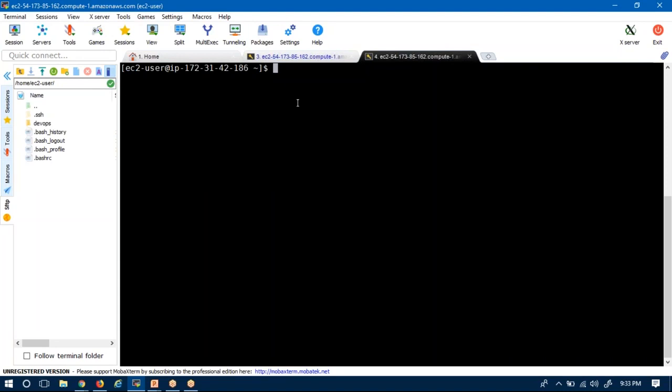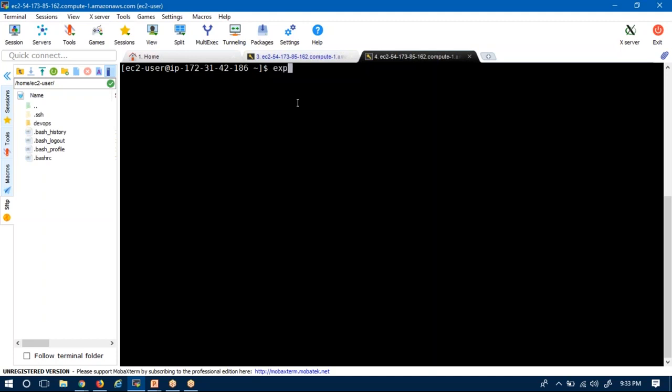Now just assume you are going to run your Jenkins server on this RHEL, or this EC2 instance, for the very first time. So before running itself, if you want to set your Jenkins home, it's very simple. Before starting your Jenkins server for the very first time, you need to export your Jenkins home first.